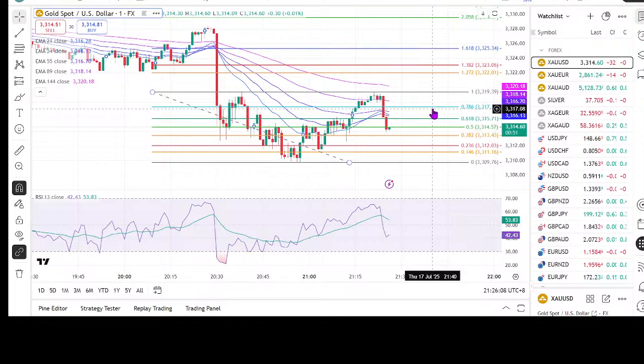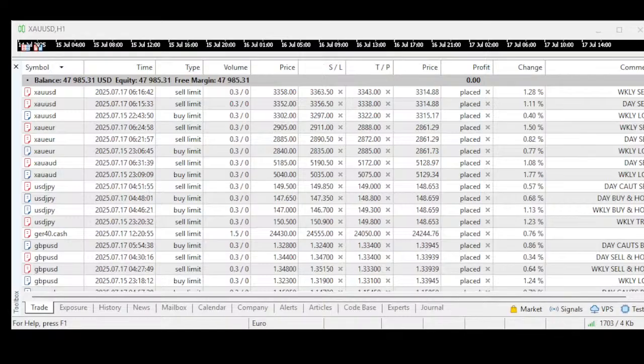Okay, I want to be in this trade. I want to be in this trade. So, okay, it's a bit tricky. Okay, never mind. Let's try to go for this trade. Okay, let's go for